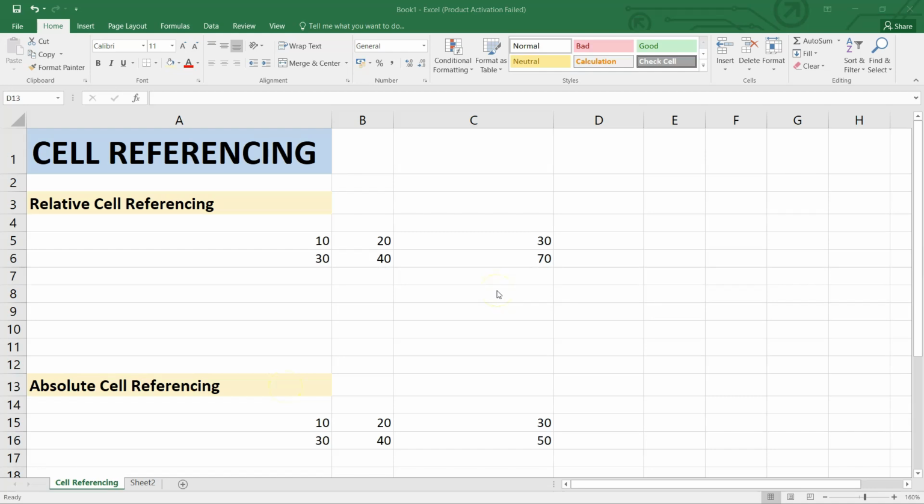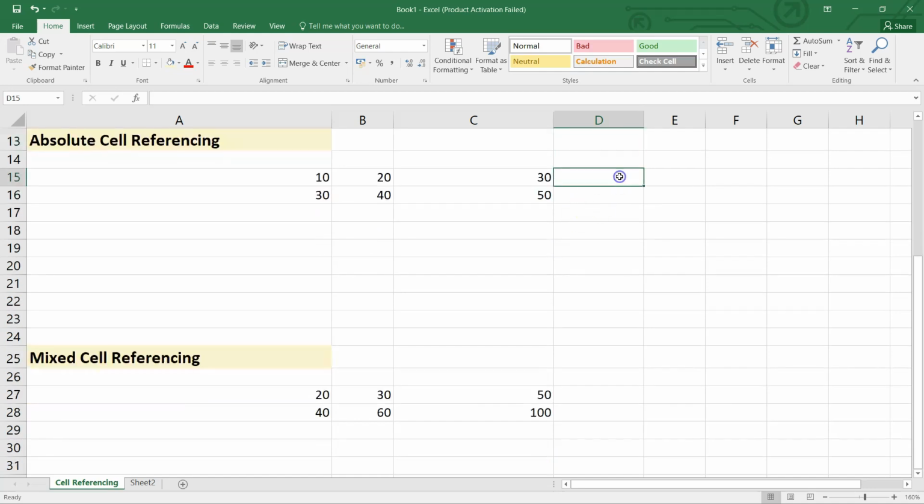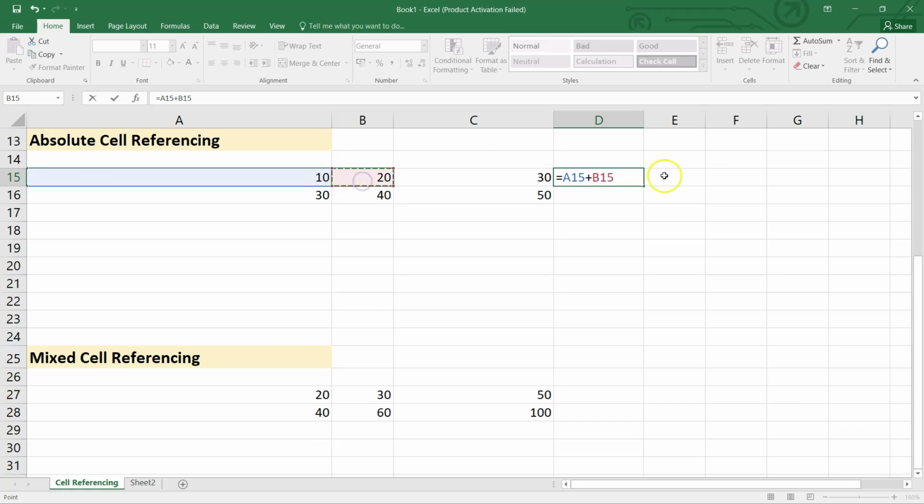Also, the shortcut. Let's just see the shortcut in a bit. So here, I'm just applying the same formula. Suppose I want to add this with this. This is a simple formula that I'm applying to add the two of them. Now, if I want to use my shortcut key to cycle between the relative, the absolute, and the mixed cell referencing, I'm simply pressing F4 from my keyboard. So I'll press F4, you will see that it is changing. Do you see that?